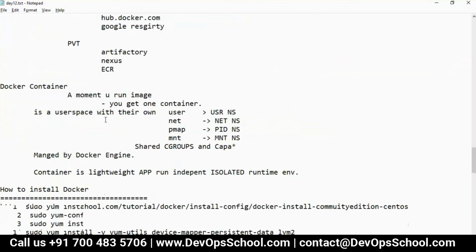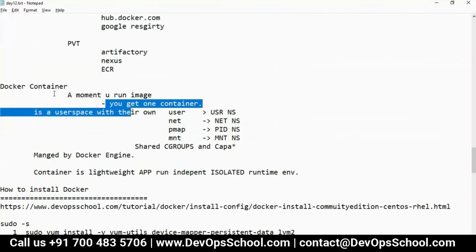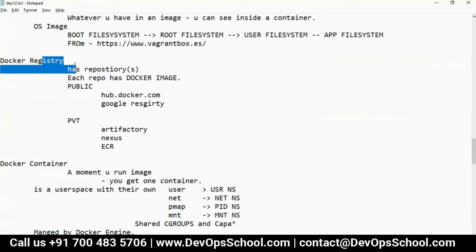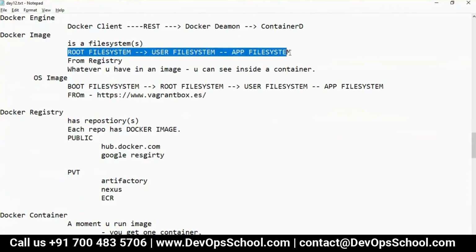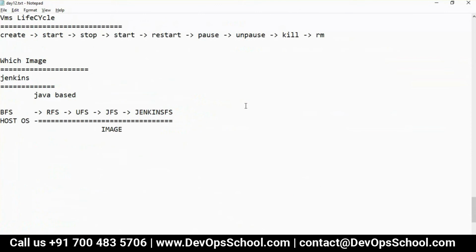What is an image? See here. Root file system, user file system, application file. So here, image is nothing but a combination of these. Let's say your base is Ubuntu.